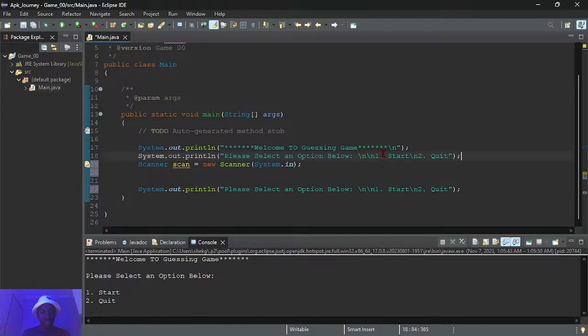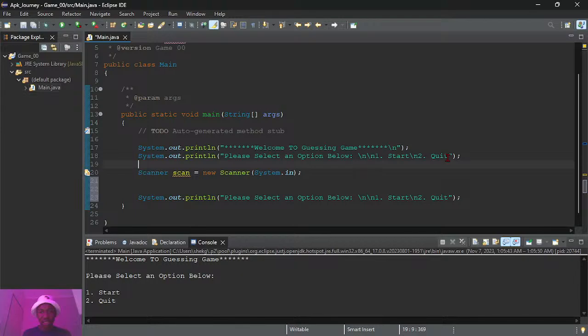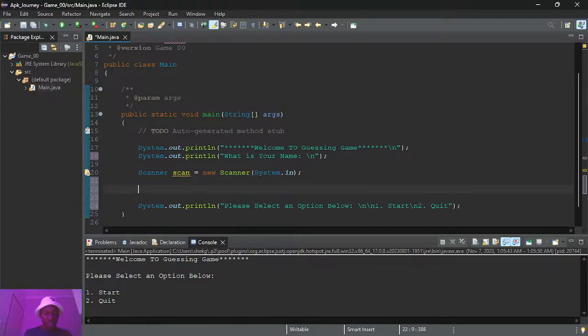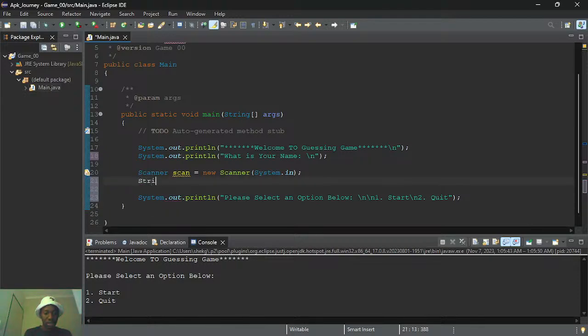So now what I'm going to do, because I'm supposed to also print out the prompt. Let me just print this back, but instead here I can say, what is your name? And then the user will have to input a name, then we have to store the name here. We can say, call the name a string.